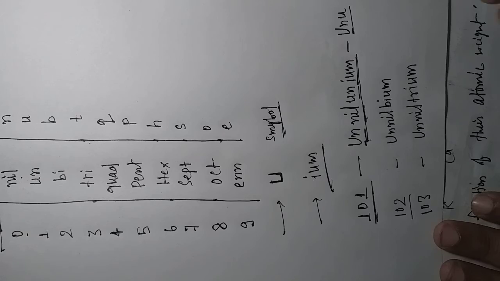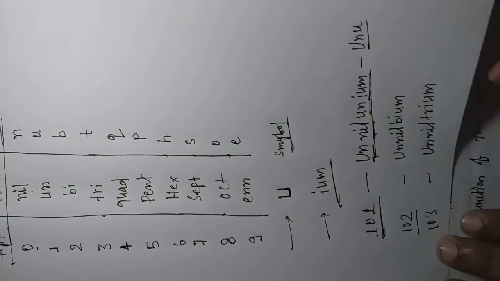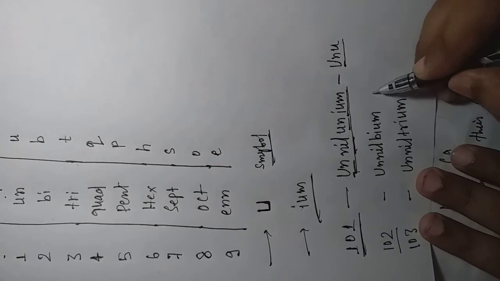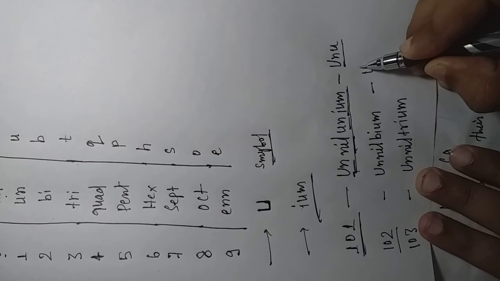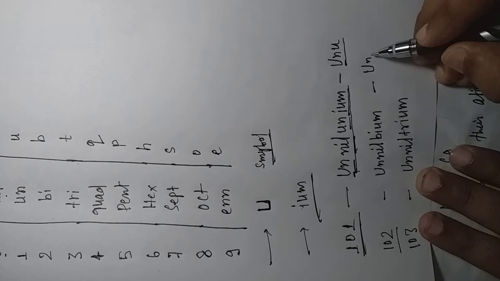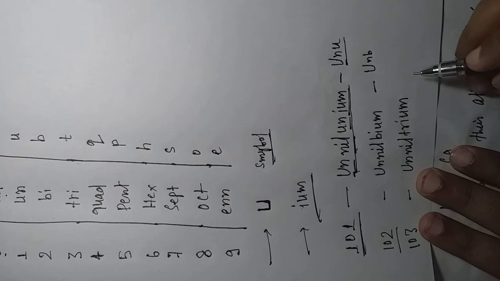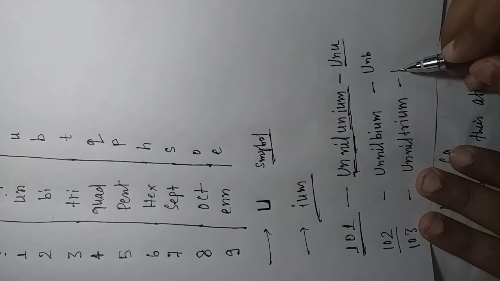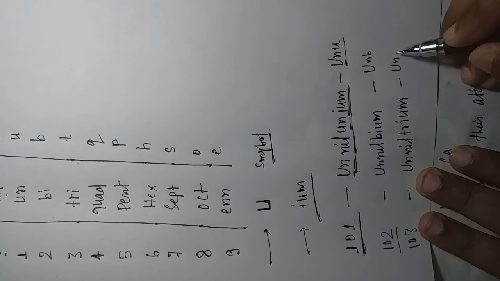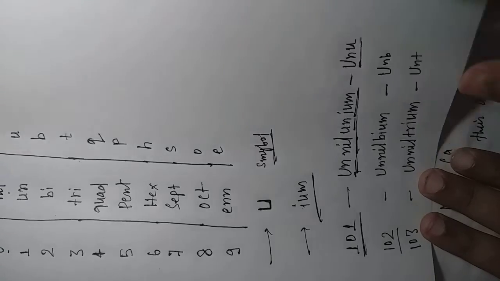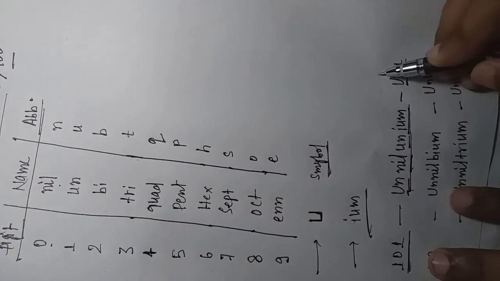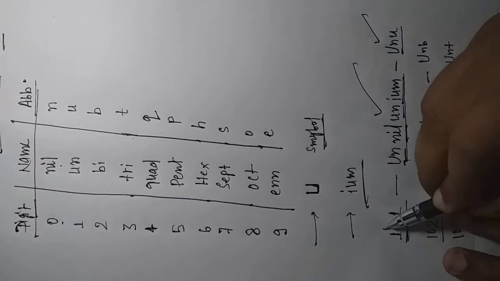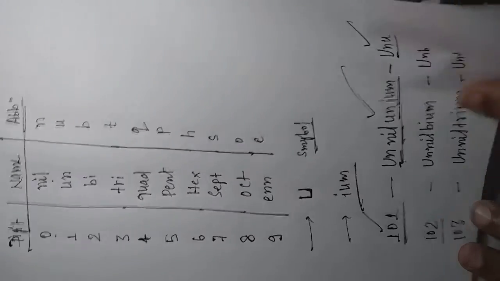So this is the way we have to write in the examination by its name, and apart from that they will demand you for writing the symbolic representation. So U is the symbol, first one, then nil is n, and bi is smaller b, right? When you are writing this one, U is capital and n, and then t you can use, right? This is the way you will present the symbolic representation. One is called symbolic representation, another is called name, and this is the digit, which is already asked in exam.